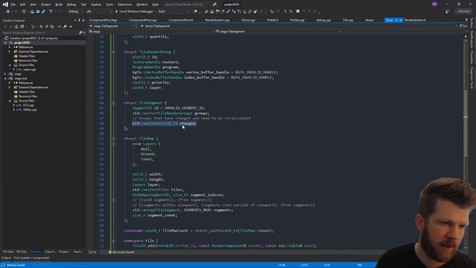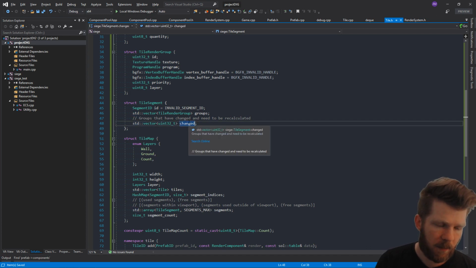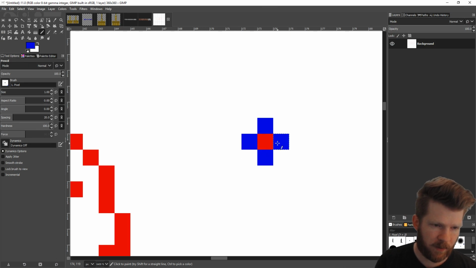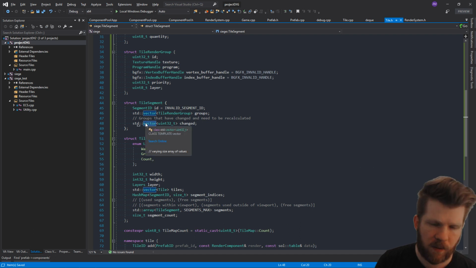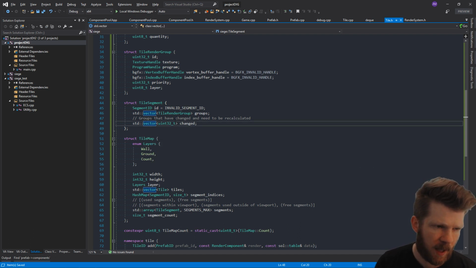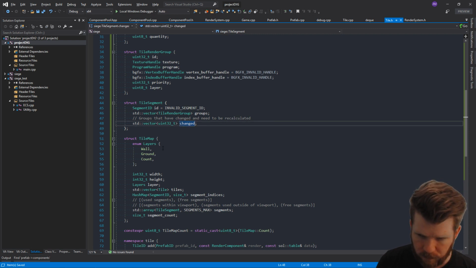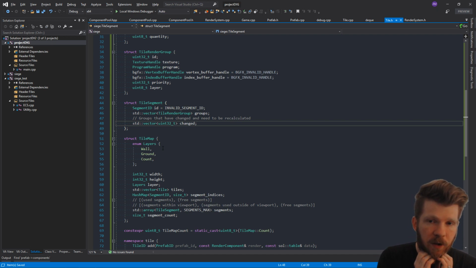So yeah, we would just say, hey, these are the groups that need to be updated based off of, you know, the group for this tile, group for this tile, group for this tile previous and new, group for this tile. Put them all into here. Maybe what we would want to do is have this be a hash set instead. I don't know if we need to do that. A hash set. One thing we could do is